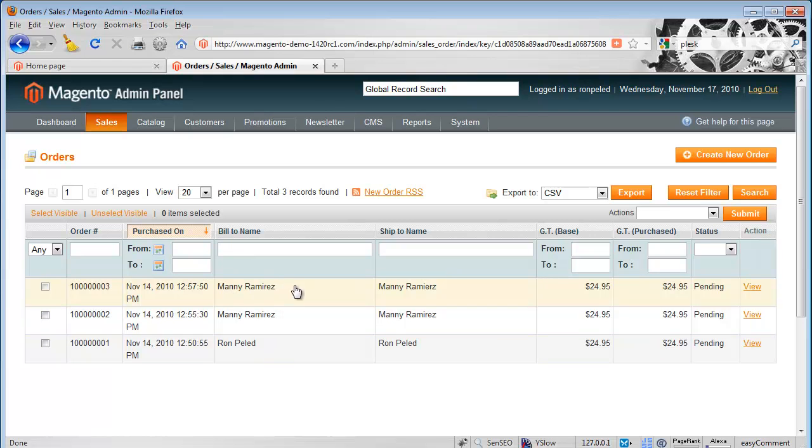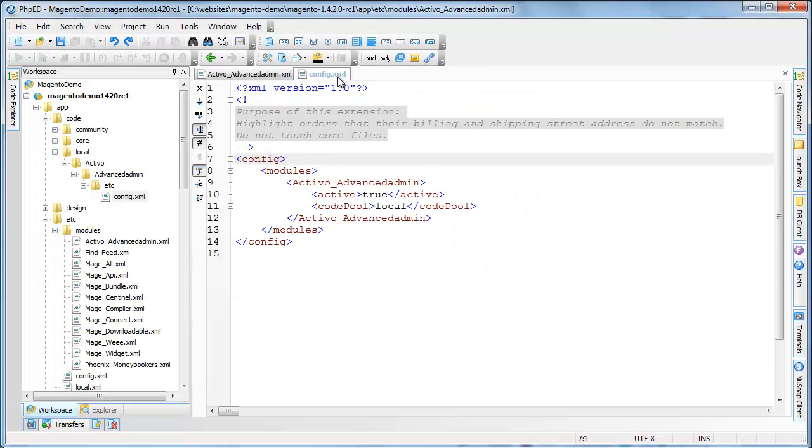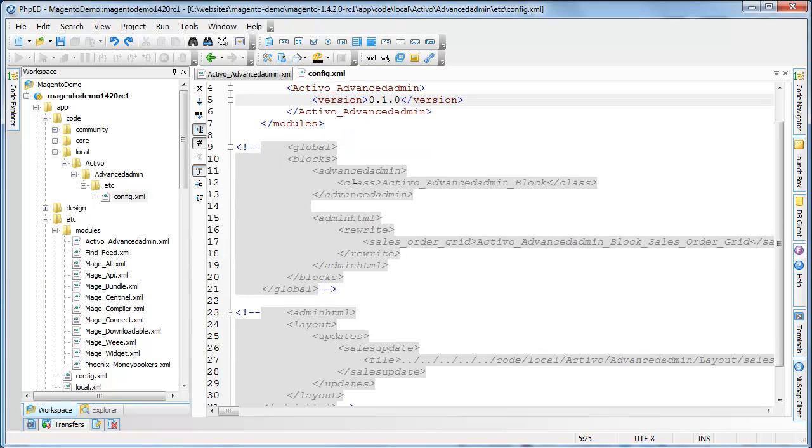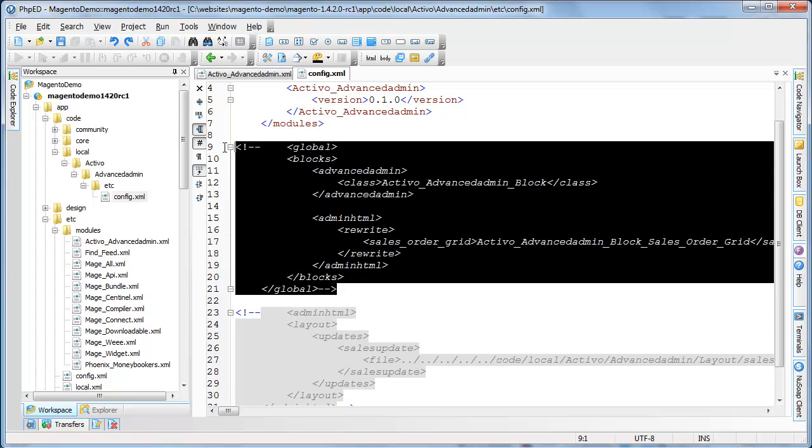Okay, so the whole purpose of this extension right now, what we're trying to do is to show or to highlight the lines in the sales orders grid that have different shipping and billing street address. In order to do that, we are going to have to overwrite the class that displays that grid. So we're going to need this block of the XML uncommented,